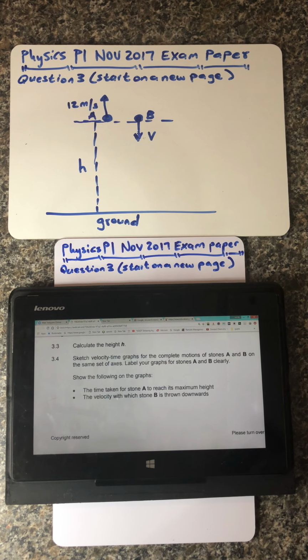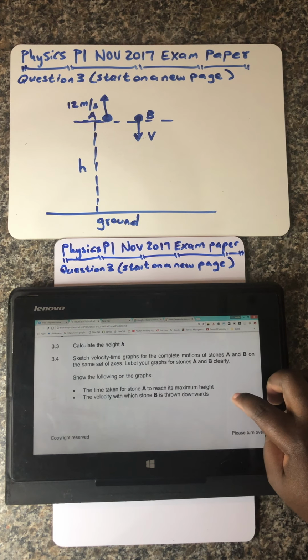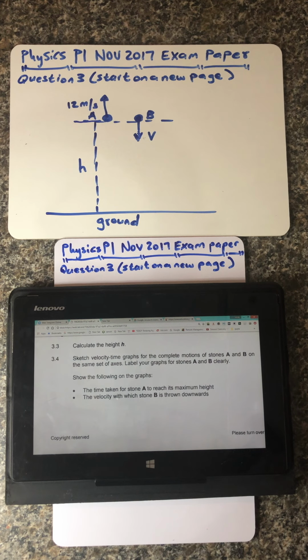Label your graphs for stone A and stone B clearly. Show the following on the graphs: the time taken for stone A to reach its maximum height, the velocity with which stone B is thrown vertically